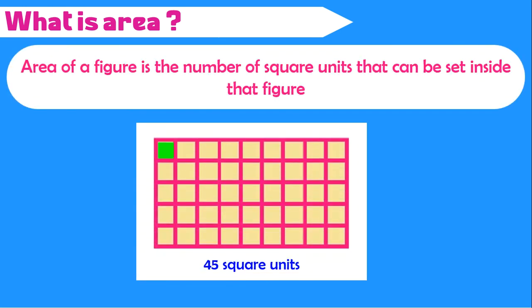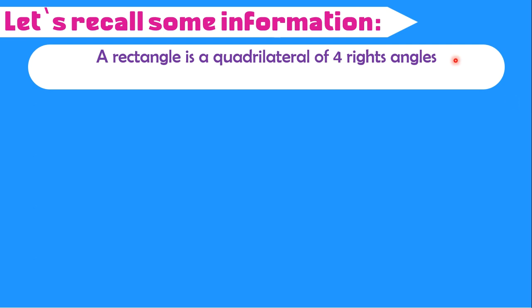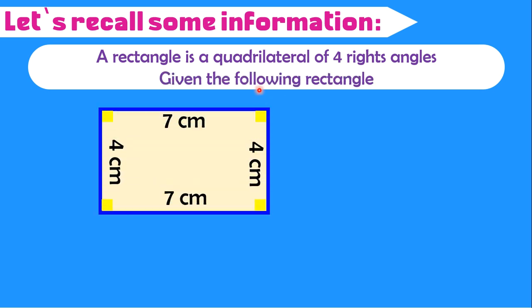Area of a figure is the number of square units that can be set inside that figure. For example, this rectangle can fit inside it 45 square units. Let's recall some information. A rectangle is a quadrilateral of 4 right angles. Given the following rectangle,